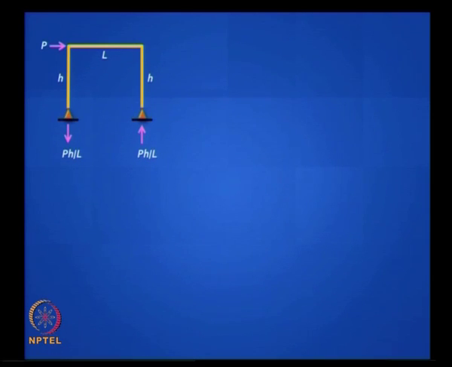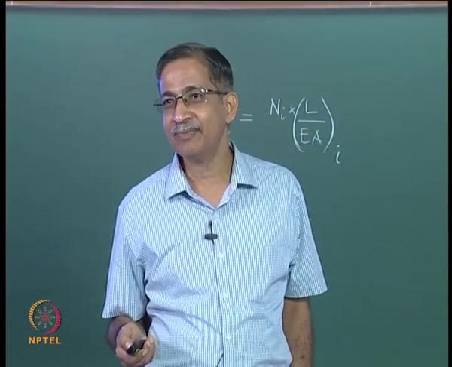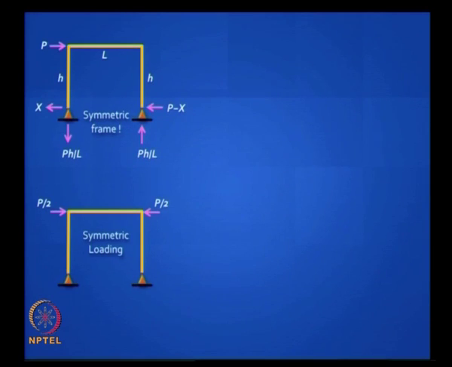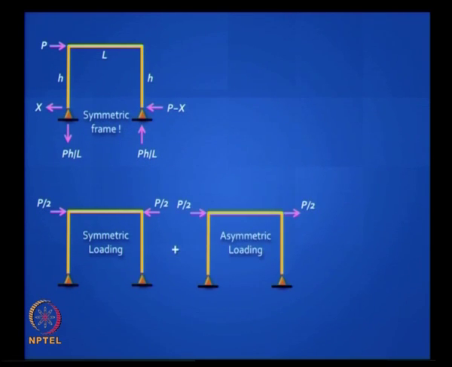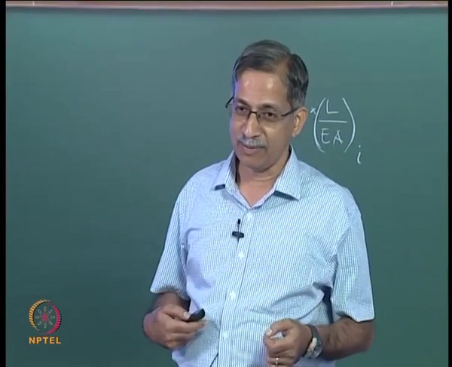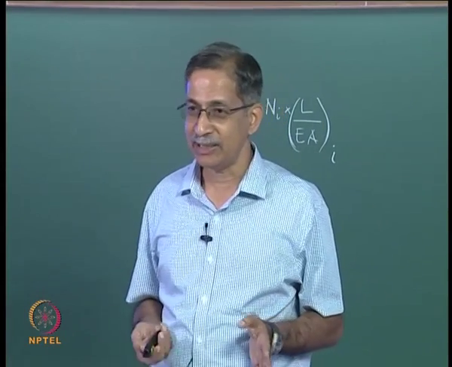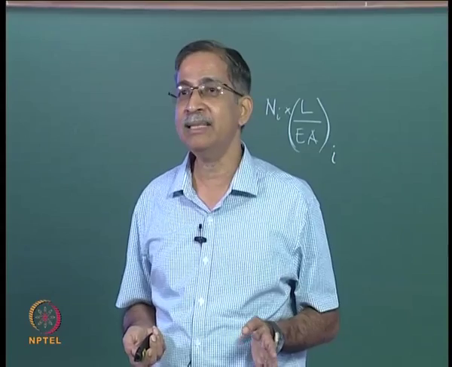First of all, the vertical reactions are statically determinate, but the horizontal reactions are not. So as you rightly say, you divide this frame is symmetric, that is the reason why it is going to be determinate. So you divide into two loading diagrams, one is a symmetric loading where you have p by 2 and you have an asymmetric or antisymmetric loading where the p by 2 act in the opposite direction. And in the first diagram, if you assume axial deformations are negligible, what is the deflected shape?